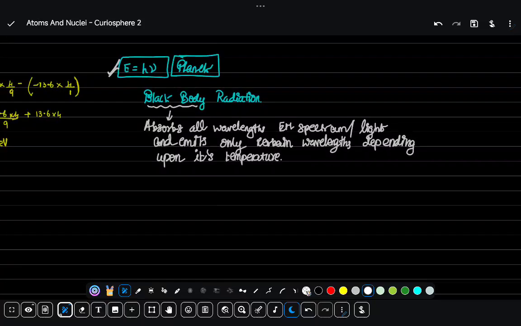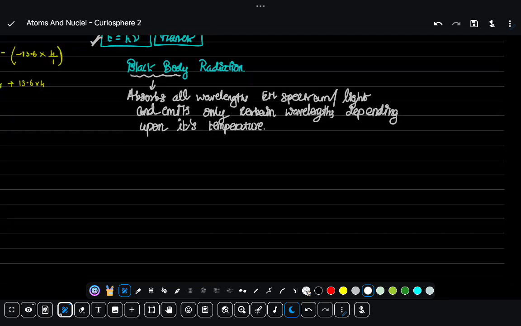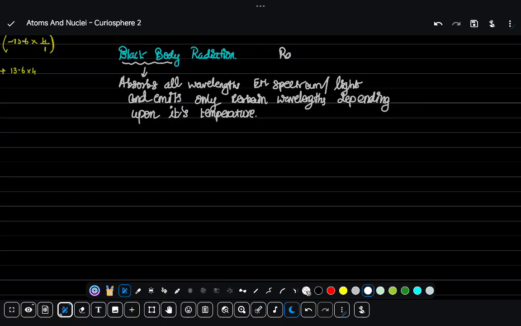Now, there was a problem with the classical theory. A few scientists were involved in this classical theory. Let me name them. It was Rayleigh-Jeans law, the classical prediction. You need not know them, but just for information, Rayleigh-Jeans law. It stated that